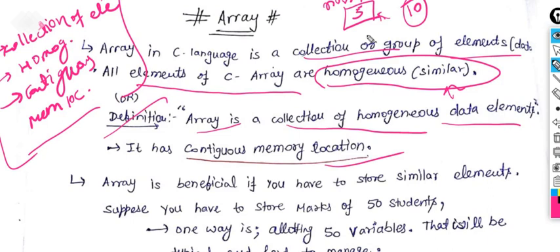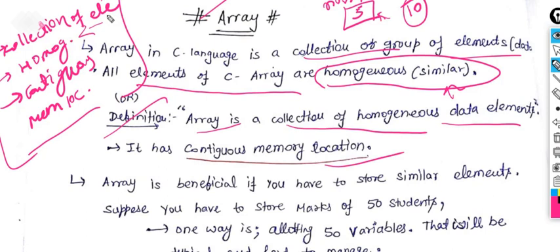But array makes our task easier. It's very complicated if you need 100 numbers, because you would need to declare 100 variables separately and use them with separate names. So it becomes very complicated. This problem is solved by the array. The array does one thing: it collects the elements you need, but it puts a restriction. What? All the elements should be of the homogeneous type.